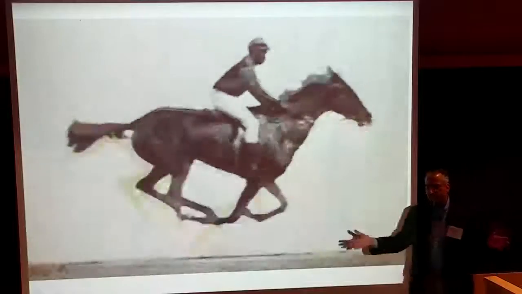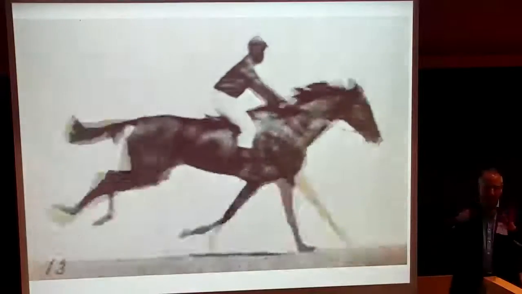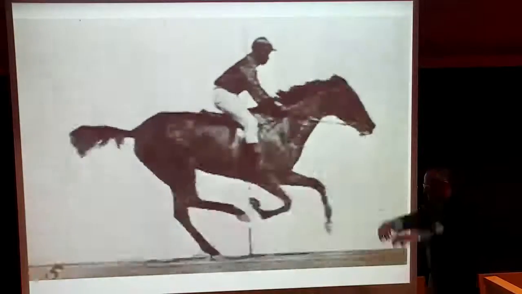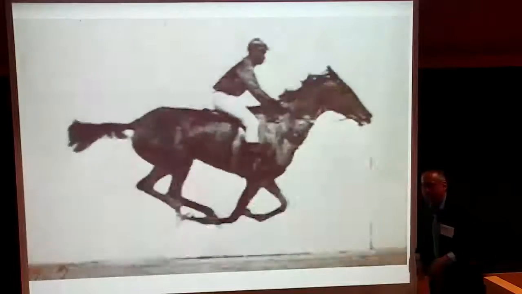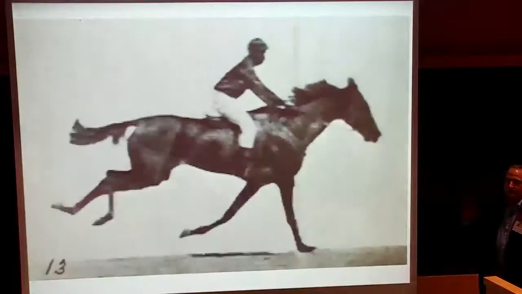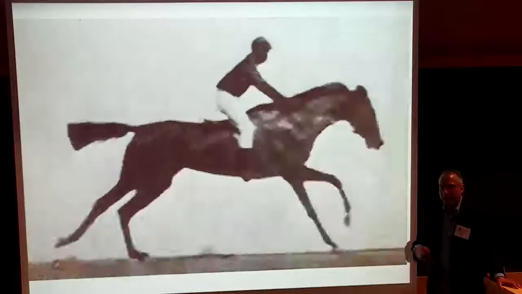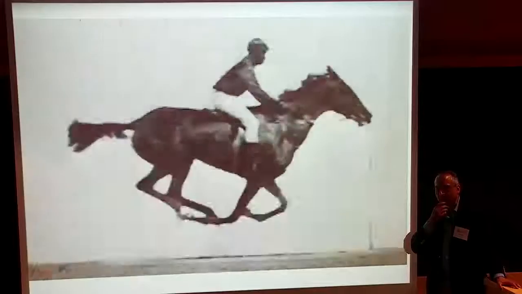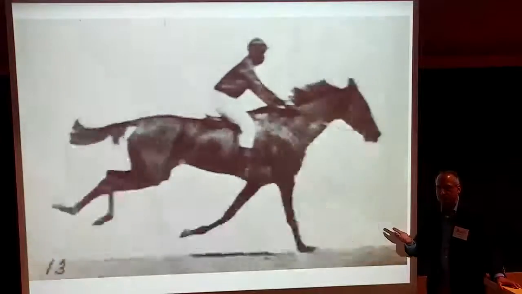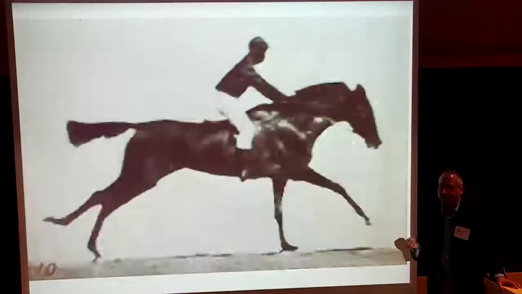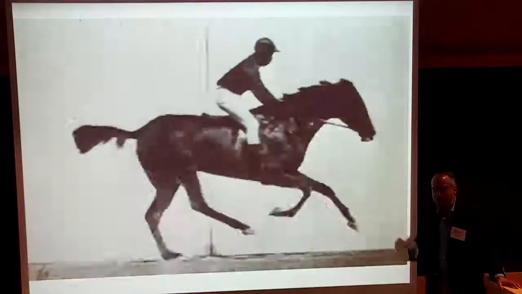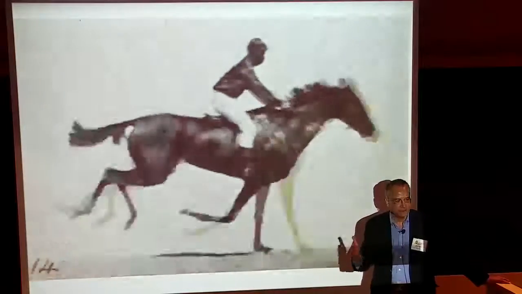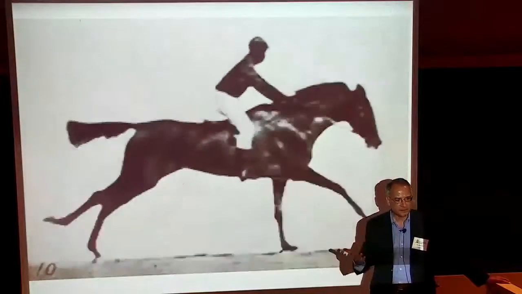And there are artists' visions, paintings of horses running, in which they have the horses with their legs out front and their legs behind like a diver going off a diving board. They're completely wrong. And this was a controversy for a long time. And Leland Stanford took a position that he felt there were instances when all four legs were off the ground, but how do you prove it? The motion happened too quickly to observe with your naked eye.